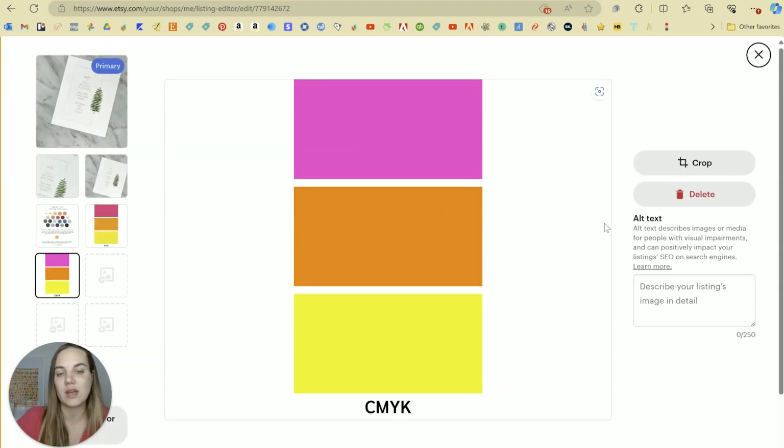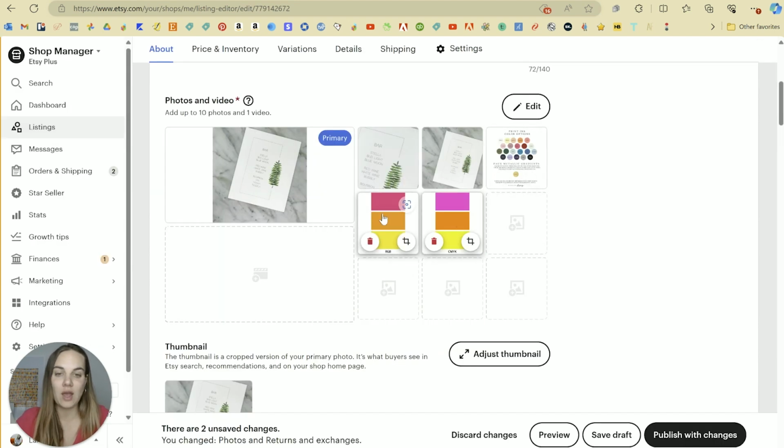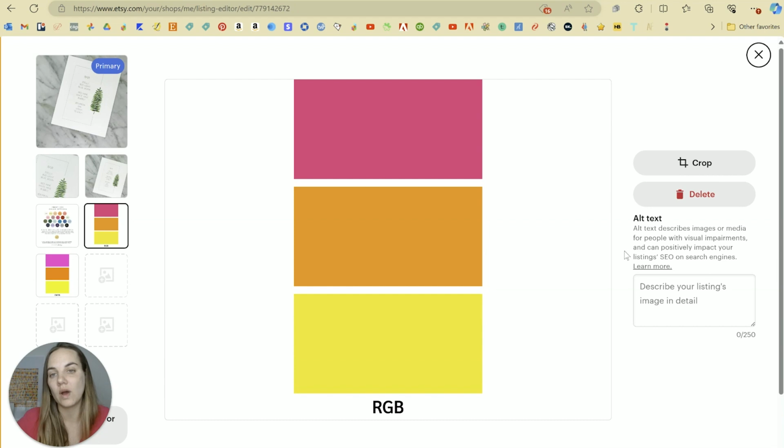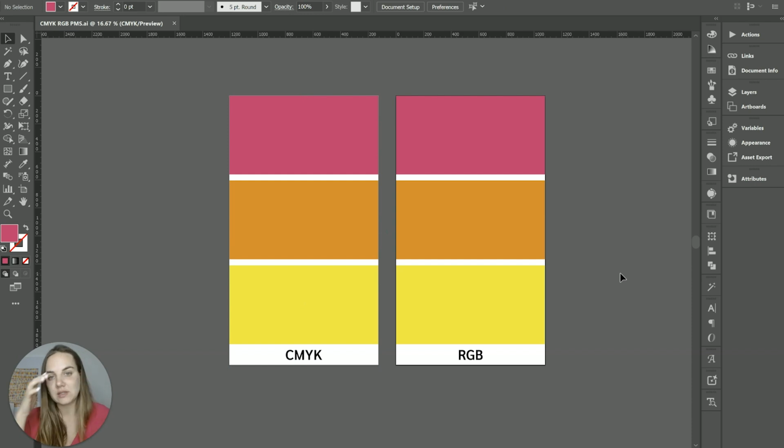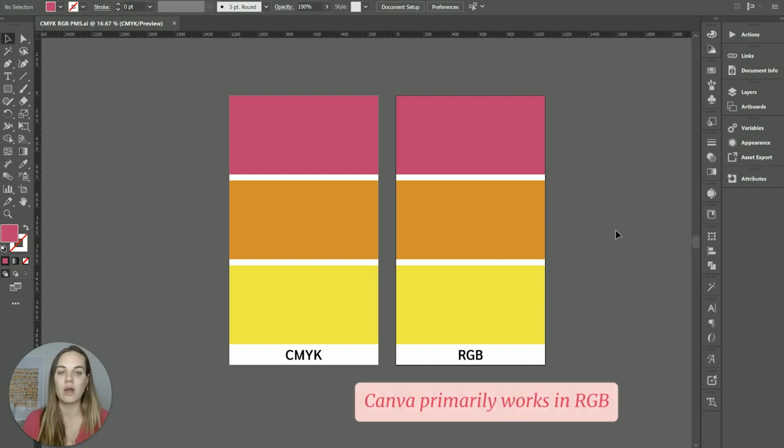They can change in a lot of different ways, but in general, it just looks a little crazy. You can see the orange is a little more accurate, but both the yellow and the pink have gone a little nuts. That's because CMYK is just not a color space that works well for screens. So while a program like Adobe Illustrator can handle it, a program like Etsy might not be able to handle it. If you work in Canva at all, which I absolutely love as a design program,